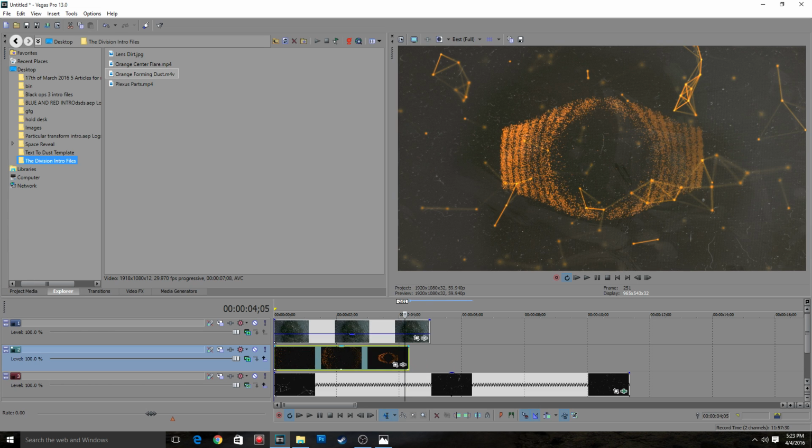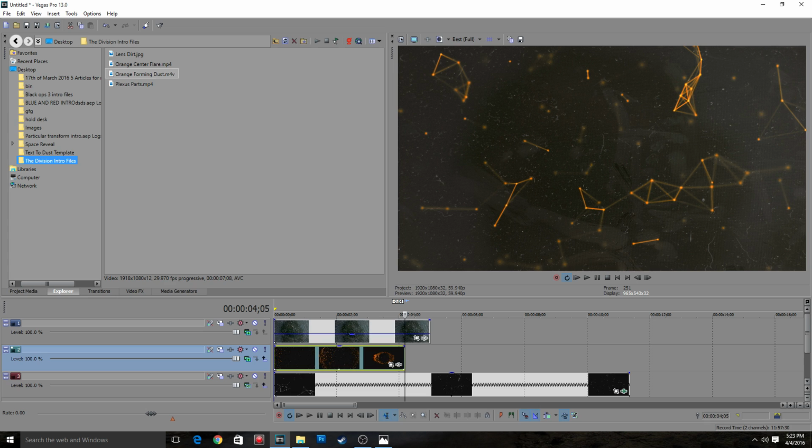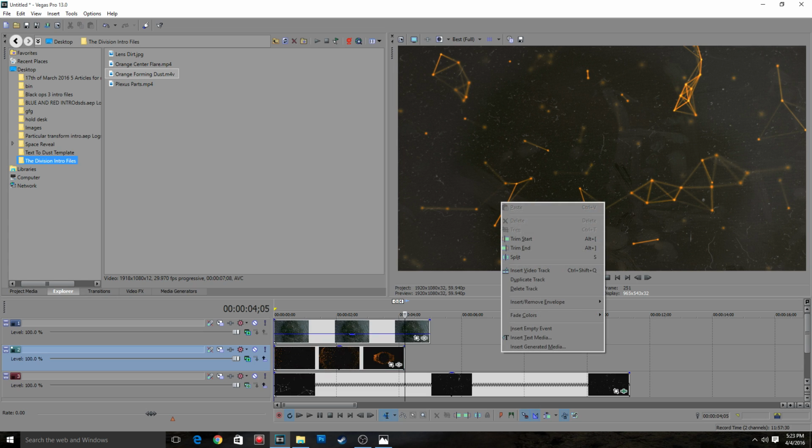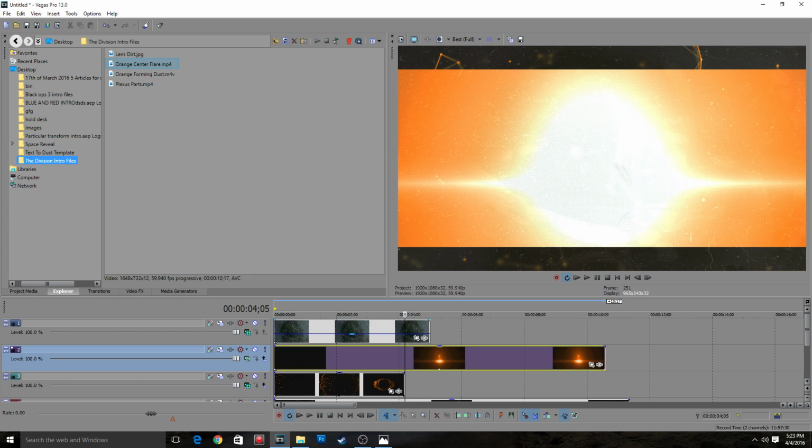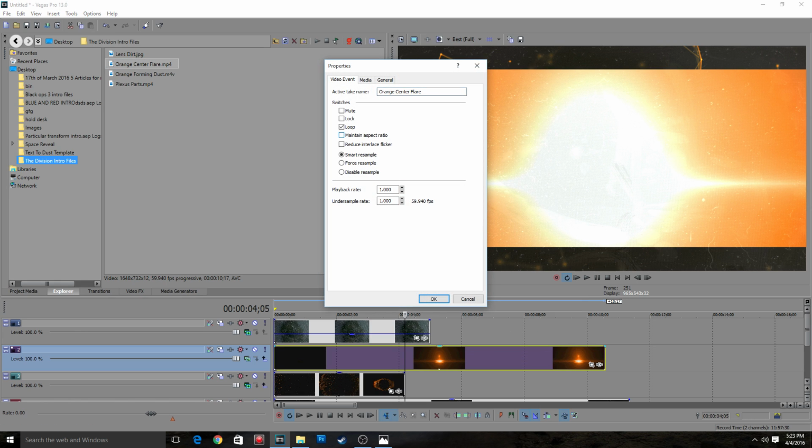Now we have this. Now that we have this, we have to insert our flare. Right click anywhere in the empty space, insert video track, and bring in our orange center flare. Now our center flare needs to form, that looks weird. Why does it look like this? There